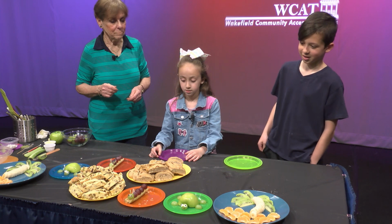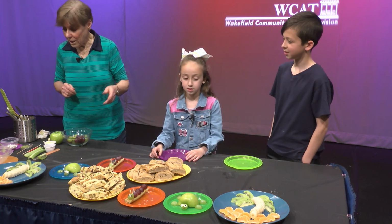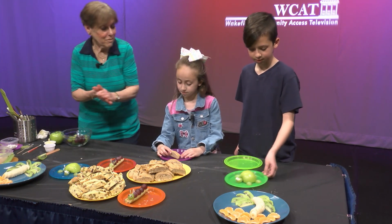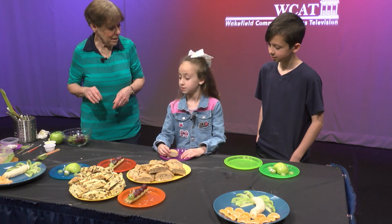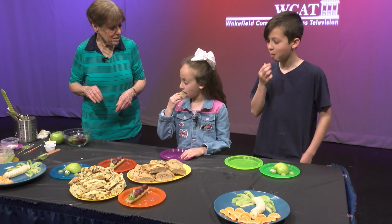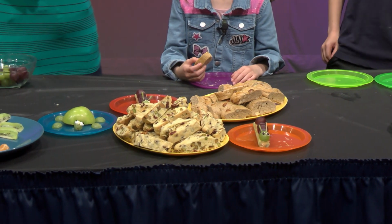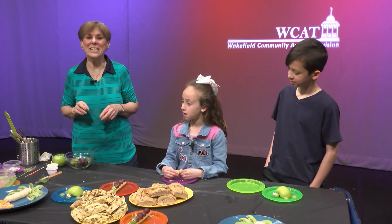I really like the caterpillar, but I kind of want the turtle. Really? Well, if you want, help yourself, because I have more. I can make more. I have more celery and everything, so you can pick apart and try the biscotti that he made. It really is delicious. Go ahead, give it a try. I know that you probably have little wires, and my grandchildren are going through the braces era, but